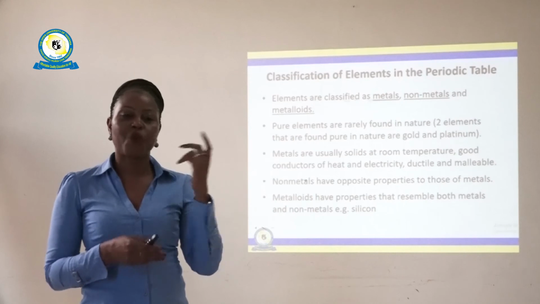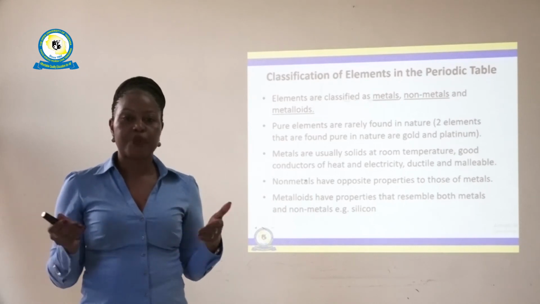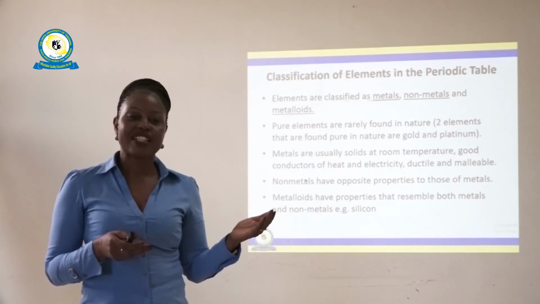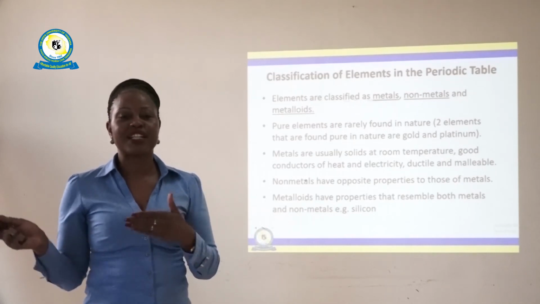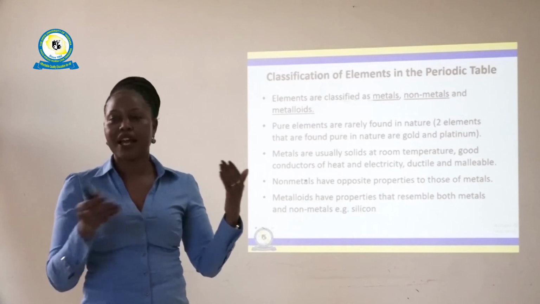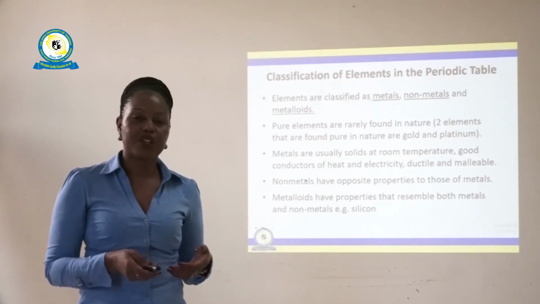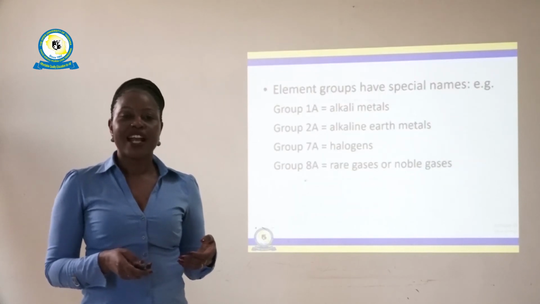While non-metals have quite the opposite properties of those of metals. And metalloids have properties in between those of metals and non-metals. For example, silicon is one of the metalloids. Now, for